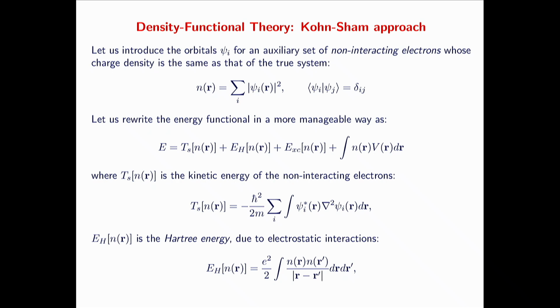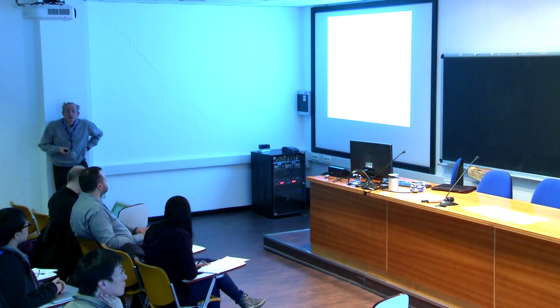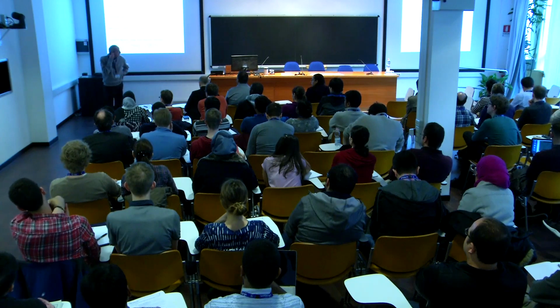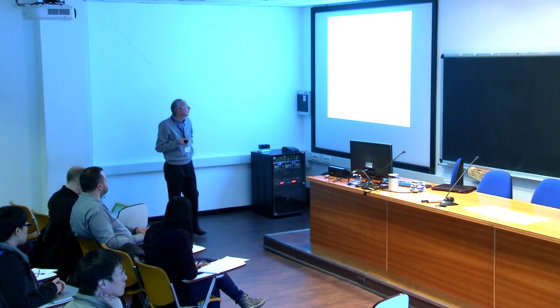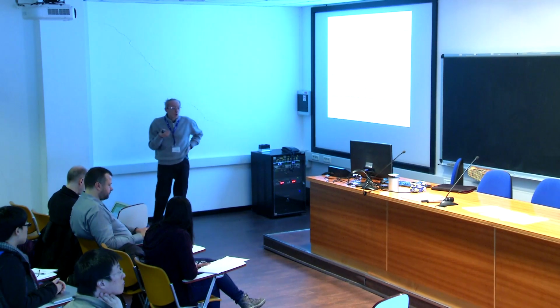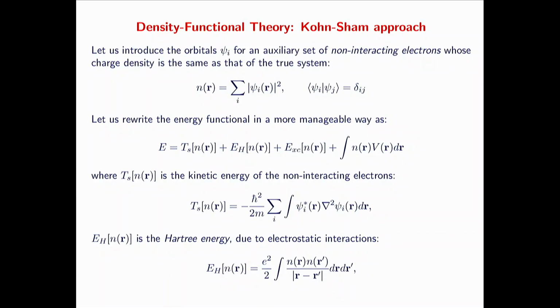Now, how can we manage? How can we use in practice this theorem? The first answer came from Kohn and Sham one year later, who introduced a set of auxiliary one-electron objects called Kohn-Sham orbitals, defined in such a way that they yield the same charge density as for the true system. So you have the charge density of the true system. You introduce a number of